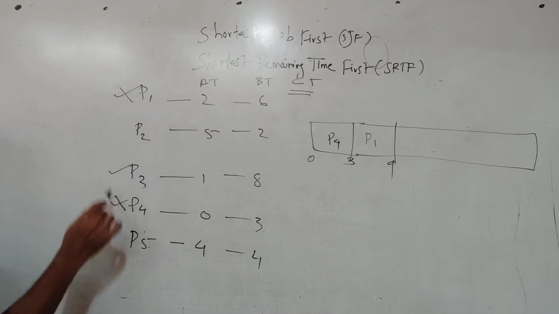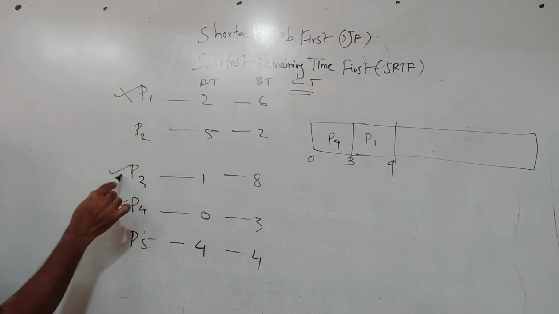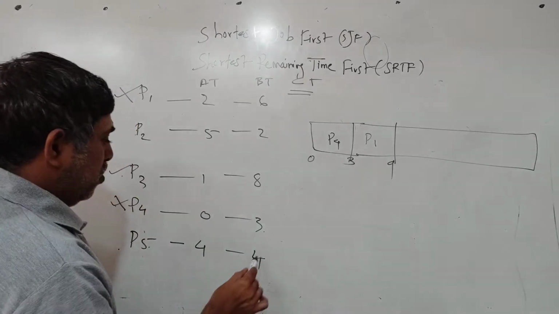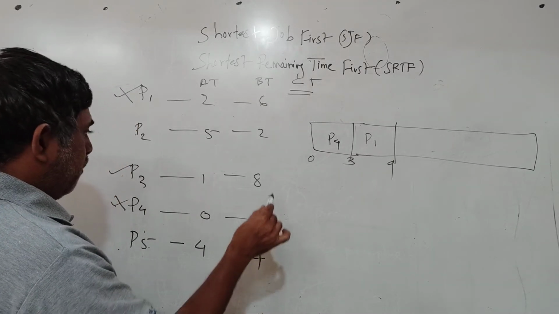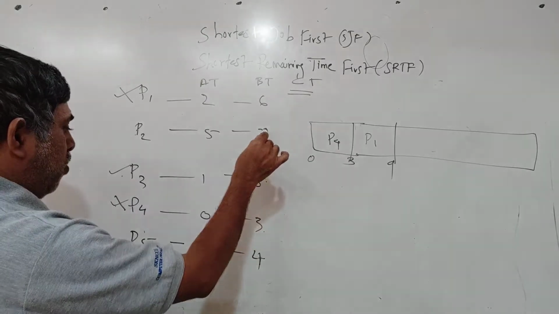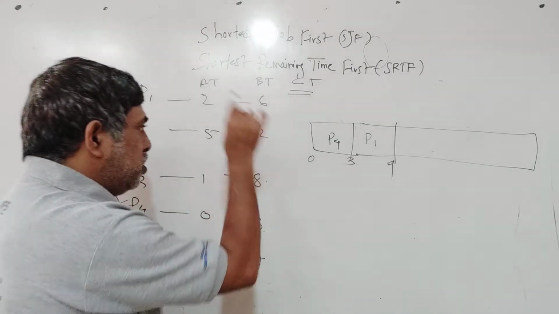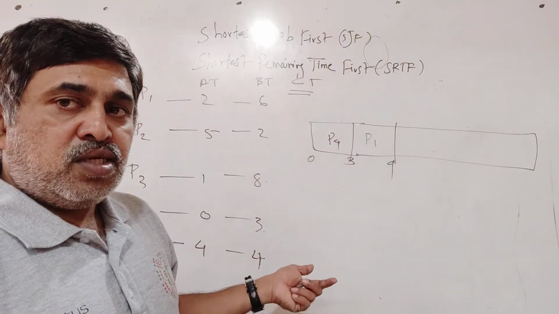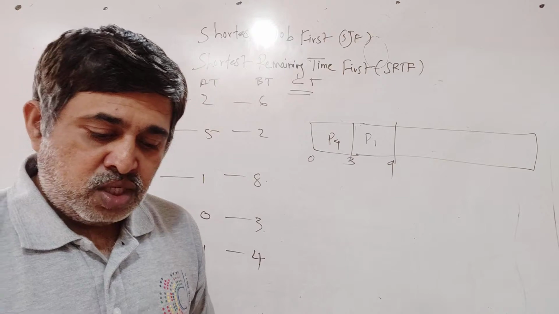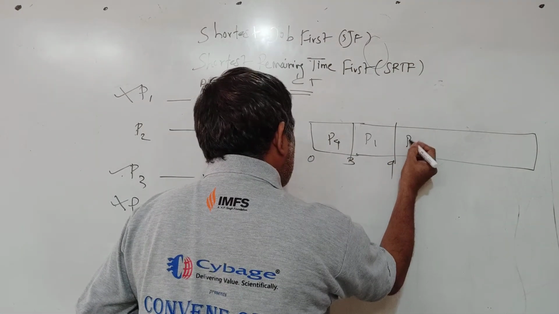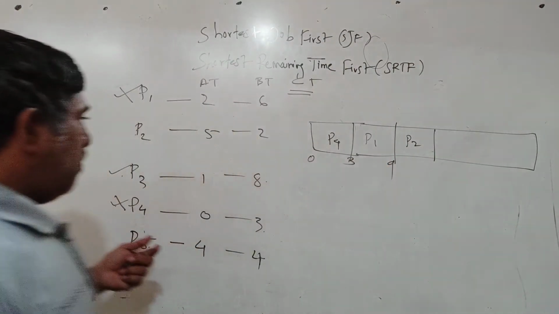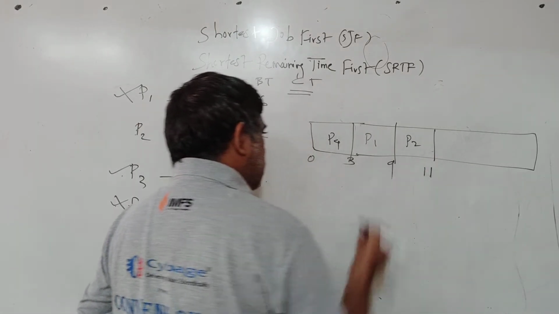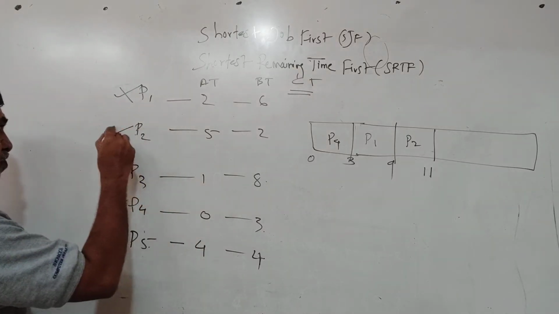Now P1 is over, P4 is over, P2 is there, P3 is there, P5 is there, and we have to compare the burst of all three processes. So it is a comparison of 4 with 8 with 2. Now obviously P2 is the choice. P2 requires the minimum time to execute out of the given three processes. So the next execution is P2. What is the burst that P2 requires? 2. So 9 plus 2, 11. P2 is out of memory now.